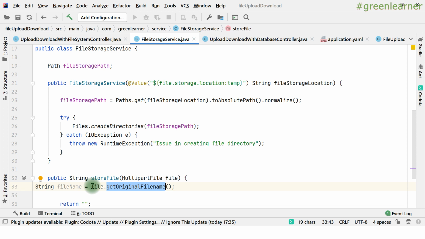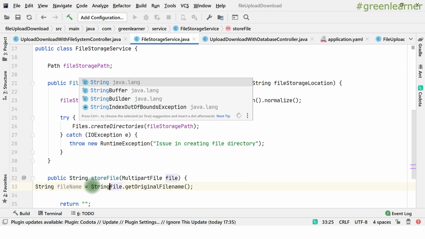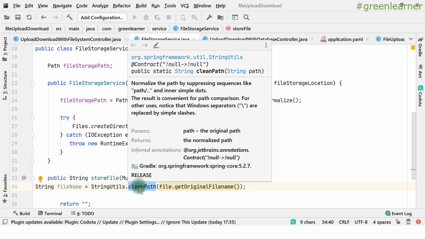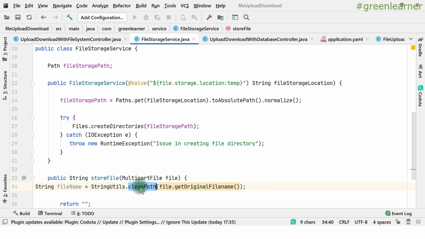To clean that out, we have StringUtils.cleanPath. You can go to this cleanPath and see what it is doing. It normalizes the path by suppressing sequences like path and inner simple dots. The result is convenient for path comparison. For other uses, notice that Windows separators are replaced by simple slashes. This is why we are using cleanPath here, right?